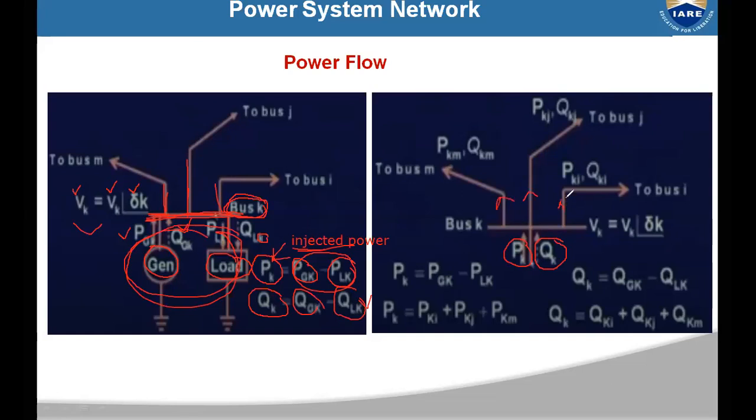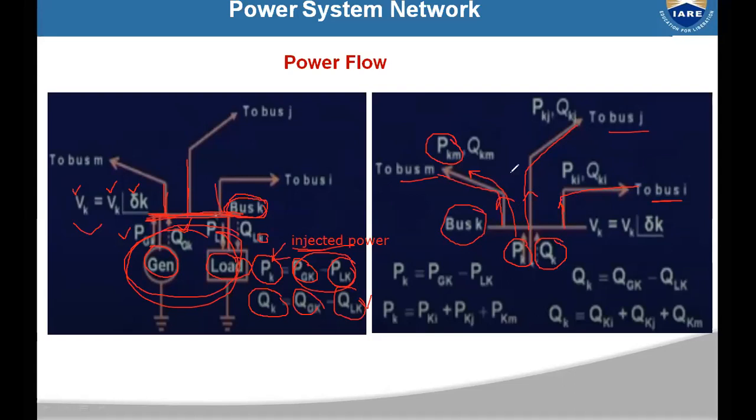So there are three transmission lines which are connected to the kth bus, right? Now this power injected will be transmitted to all these three buses, right? So that means this PK is equal to PKM. So here this bus is M, this bus is J, and this bus is I. So that means bus K is connected to bus I through this transmission line, right? And bus K is connected to bus J through this transmission line, and bus K is connected to bus M through this transmission line, and the power will be delivered through these transmission lines, right?